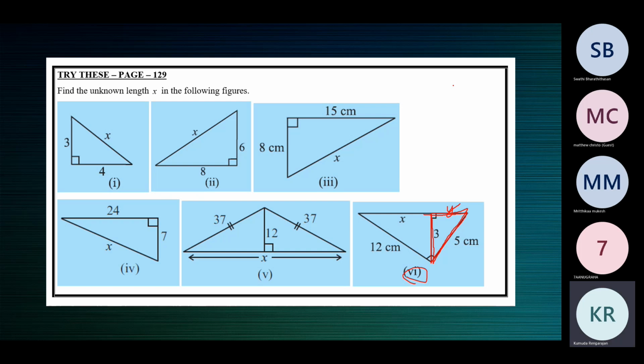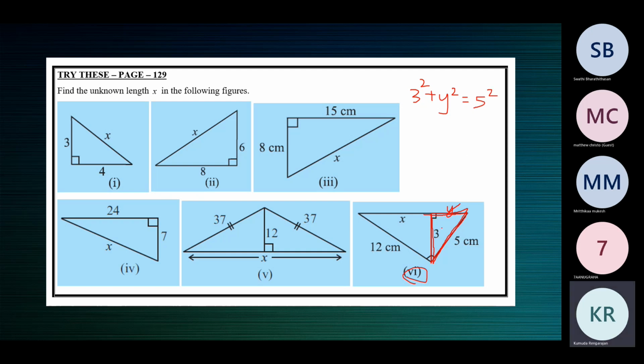So far we've been writing x square first: x square is equal to, because we have to find the value of x. So we wrote x in the LHS, though you can write it on both sides. So I'm going to write 3 square plus y square is equal to 5 square. Let me explain what this is.